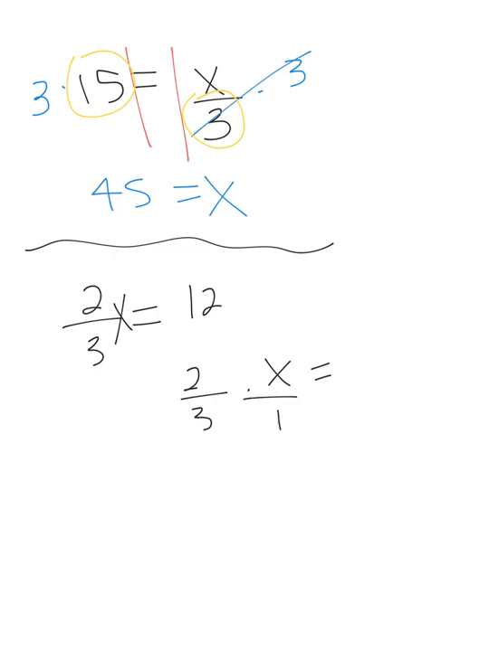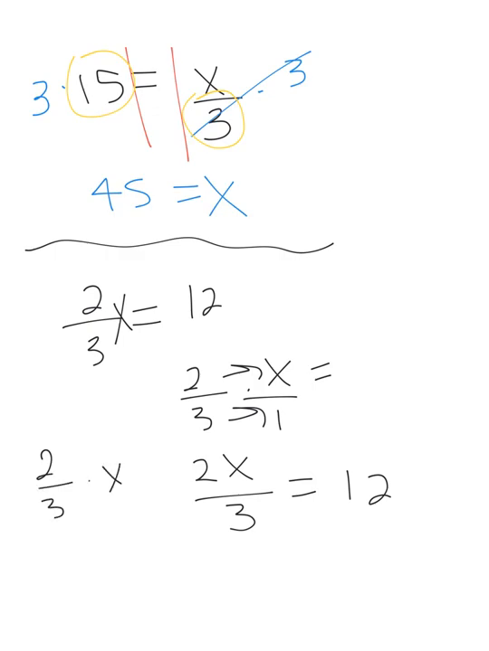If you were to put a 1 under the x, multiply straight across, you have 2x over 3 equals 12. So 2/3 times x, I'll just put this x in parentheses, is the same as 2x divided by 3, because this is just a whole number x that we can multiply by 2/3. So keep this in mind. We're going to go to the next page. So we have